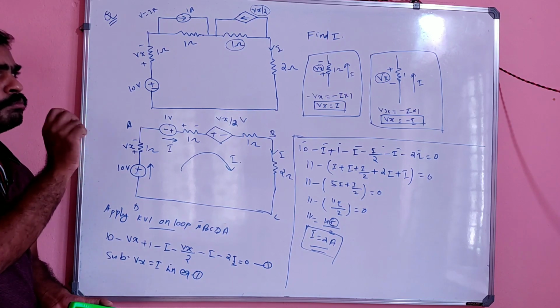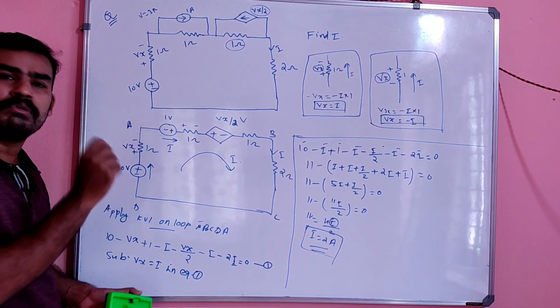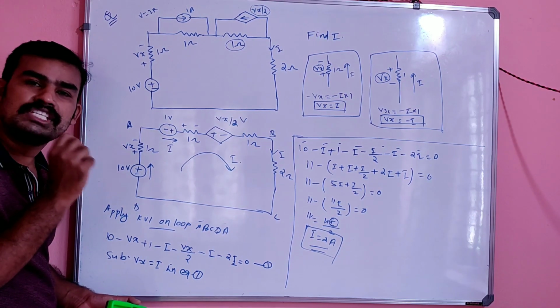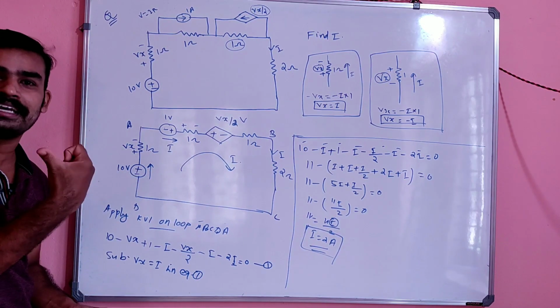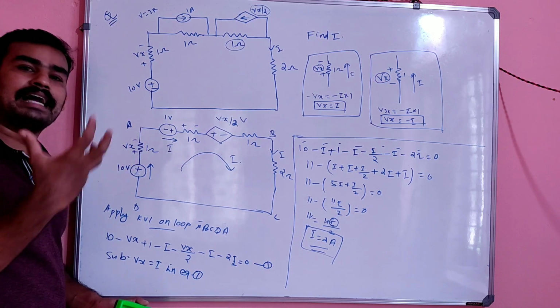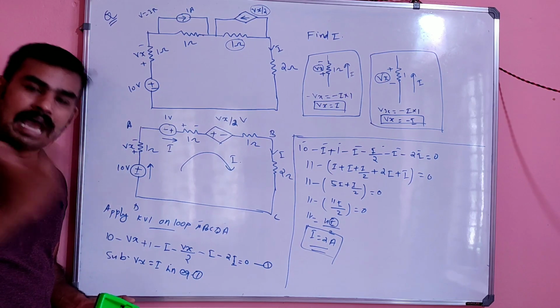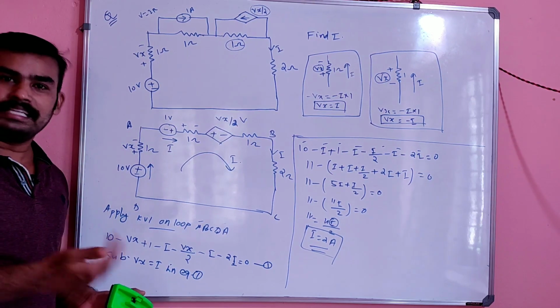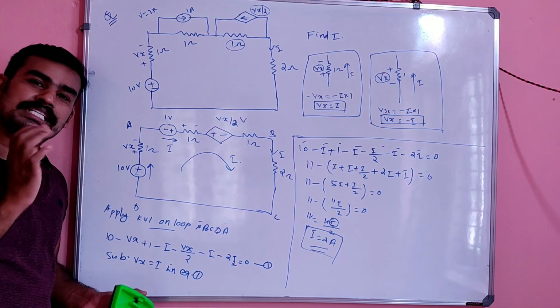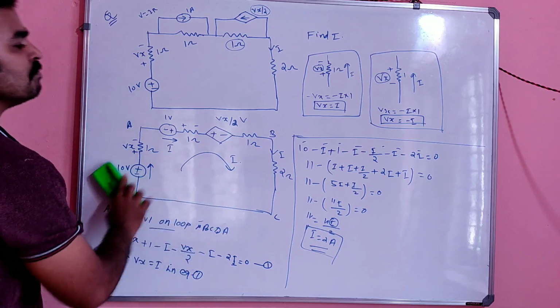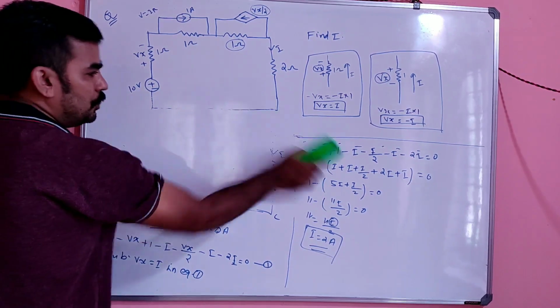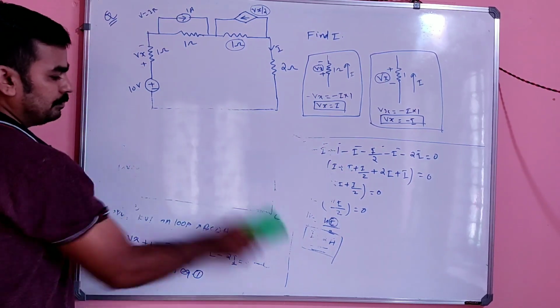Then only these minute things will be understood. These are minute things, and they will not be taught in the classroom session. You can only learn them through problems, whenever the situation arises. I already said that some of the factors in electrical engineering are such that they can only be explained when the situation comes. So this is one among that. I think it's very clear to you. Let's move to another session.